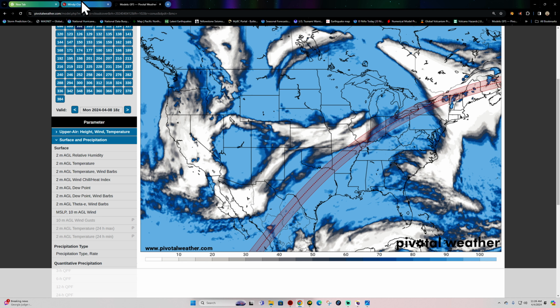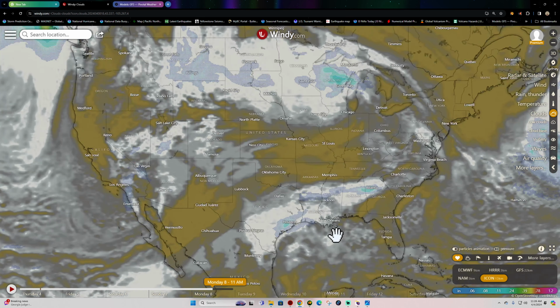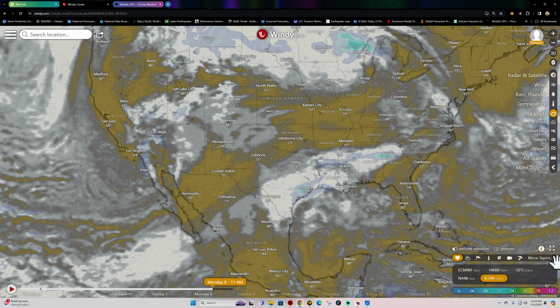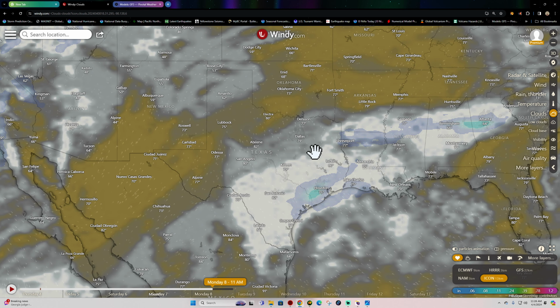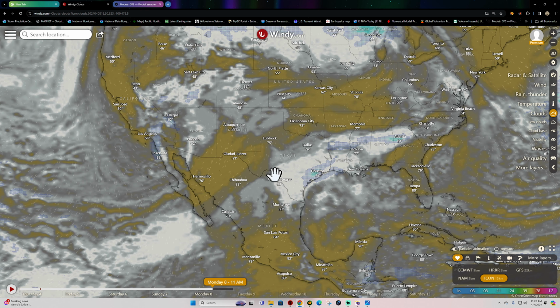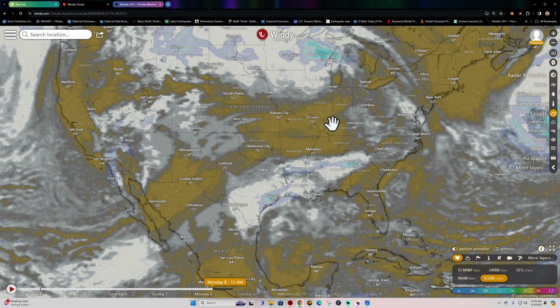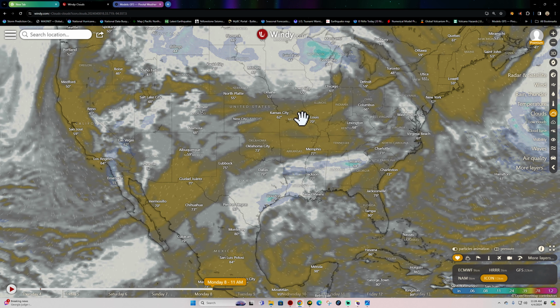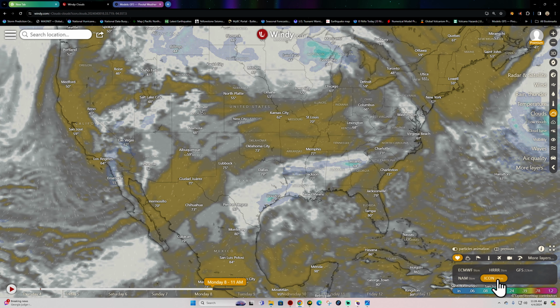Now, the ECMWF model is a little bit less. This is going to be Monday, this is the ICON, the Germany version of the weather forecasting. Even these guys are showing quite a bit of cloud cover for Texas. A lot of low-level, mid-level moisture and some high clouds as well, with potential openings up across Arkansas, Illinois, Indiana area. But there's a little window of opportunity, it looks like, from the Germany version.